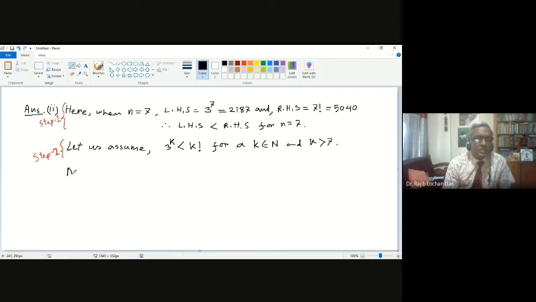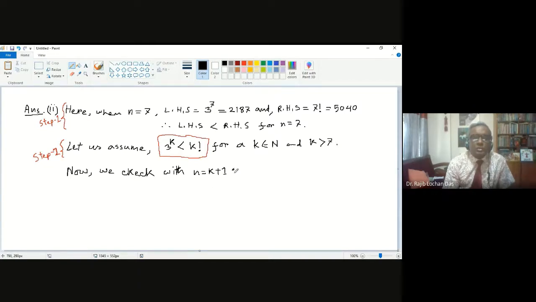You will investigate what happens with k plus 1. So now we check with n equal to k plus 1, just the next value. If the theory is correct for k, this will be the relationship we already know. Now we check with k plus 1. Then we will find out what happens in the left side and what happens in the right side.